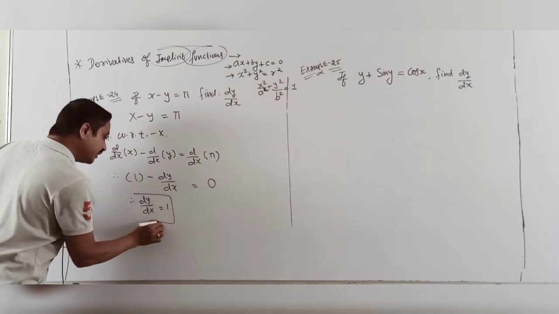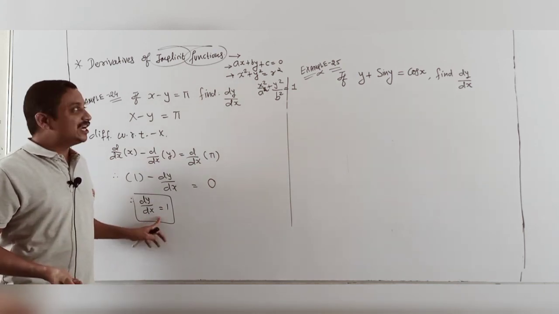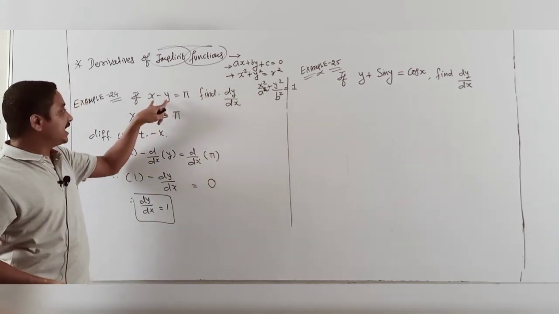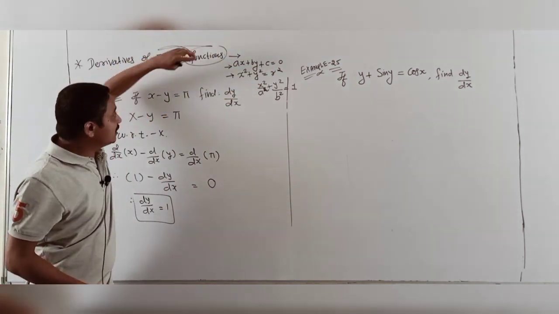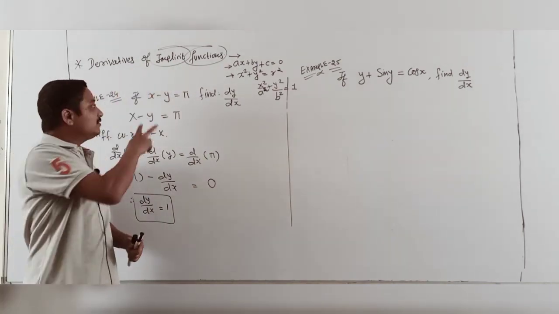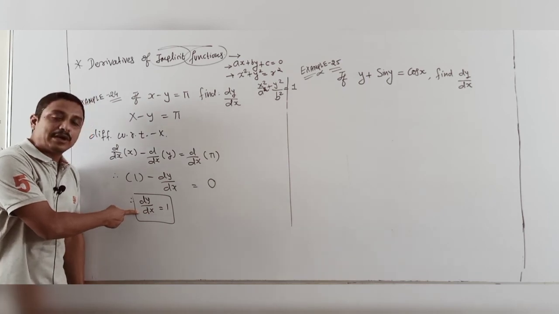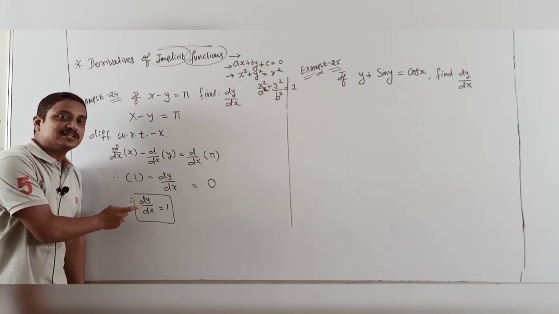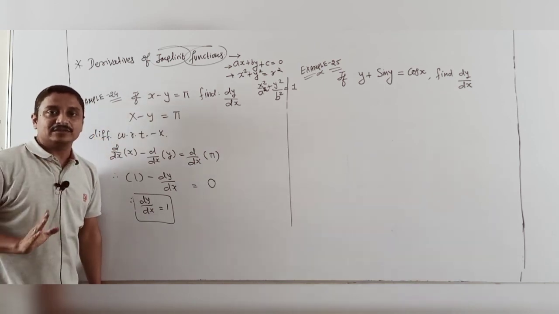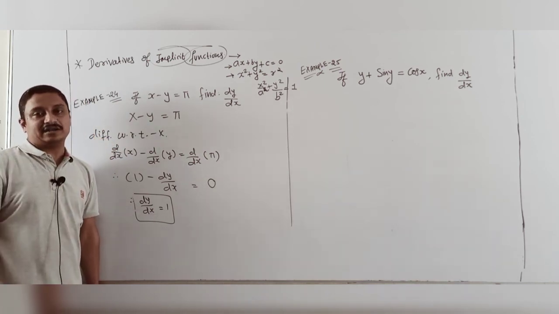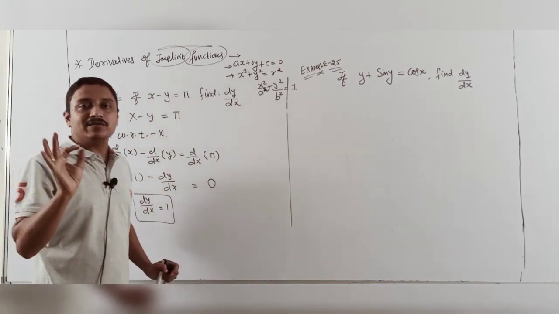Yes, only dy by dx. So this derivative, students, is nothing but the slope of this line. Check this line, ax plus by plus c: a is 1, b is minus 1, c is minus 5. It is the equation of a line, and this dy by dx is the slope of the line. So actually it is nothing but the first derivative of an implicit function. It is the slope of a line that I will study in the next part in chapter number 6. Here I am only explaining how to calculate dy by dx.